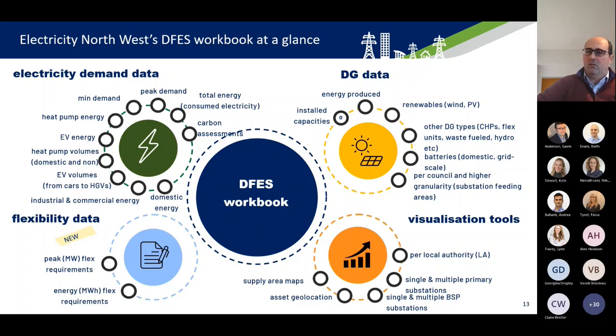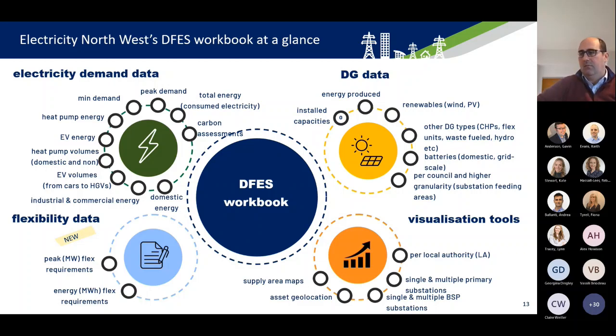Also information around energy, so annual electricity consumption, not only for the whole of the network or individual substations in the network, but also per component. So energy associated with heat pumps, EV charging. And the resolution that this data is provided at is not only per local authority, let's say per council, but also per substation feeding area. So we go down to primary substation feeding areas, and you can see that we have more than 400